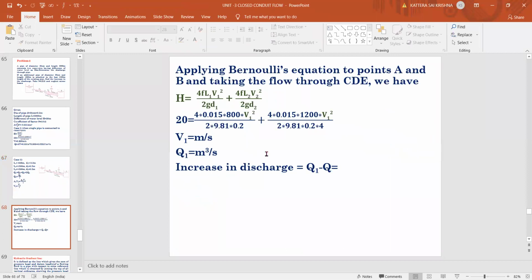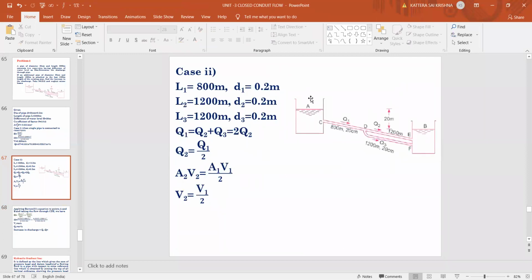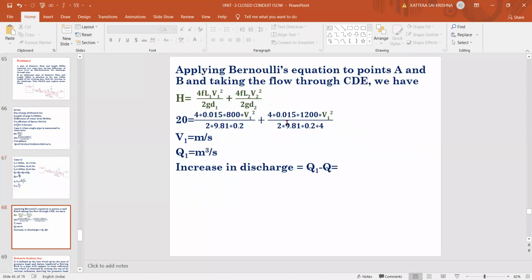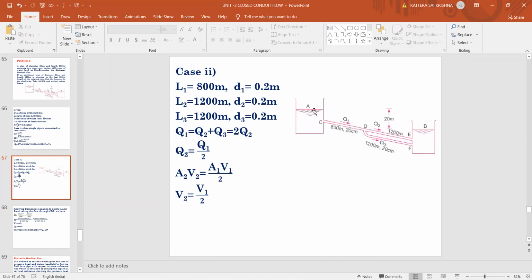Okay, so now what we can do, we will apply Bernoulli's equation. Let us take section 1 at the A point, and for section 2 we need to take the full setup for Bernoulli's equation. So I'm considering section 1 at the A point and section 2 at the B point for the application of Bernoulli's equation. So P1 by rho g, that fully we need to take. At A, the water is stagnant and the pressure applied here is atmospheric pressure. So let us take that pressure as 0 here.